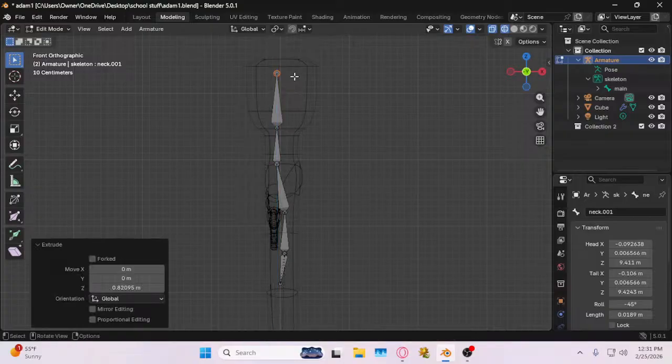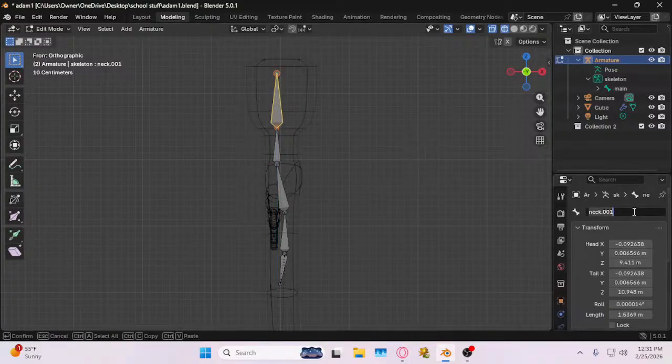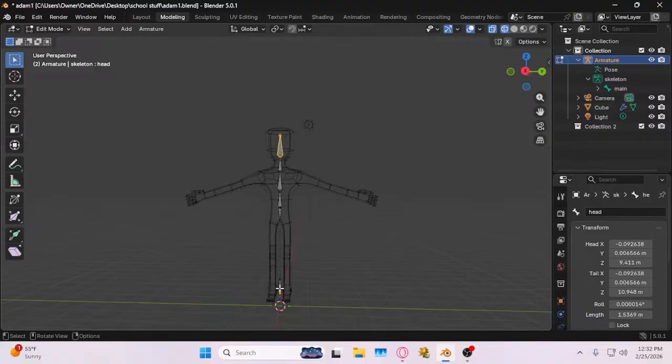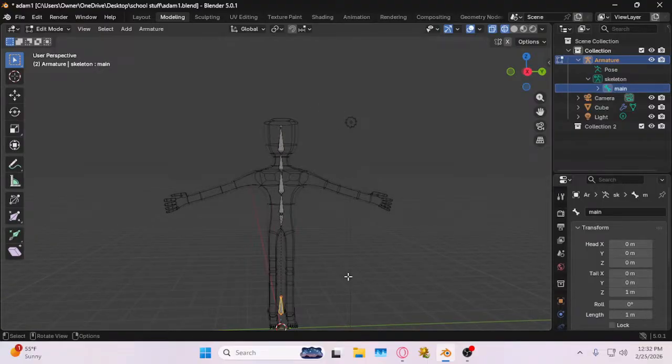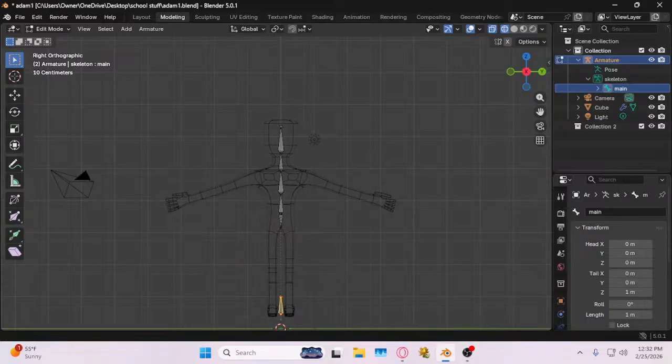So now we have a bunch of bones here, and if you were to go into pose mode and select this main bone here and go G, you can see everything has the hierarchy structure to that. And if you were to select this hip bone and you go R to rotate it or G to move it, you can see the other bones that have been extruded from it are